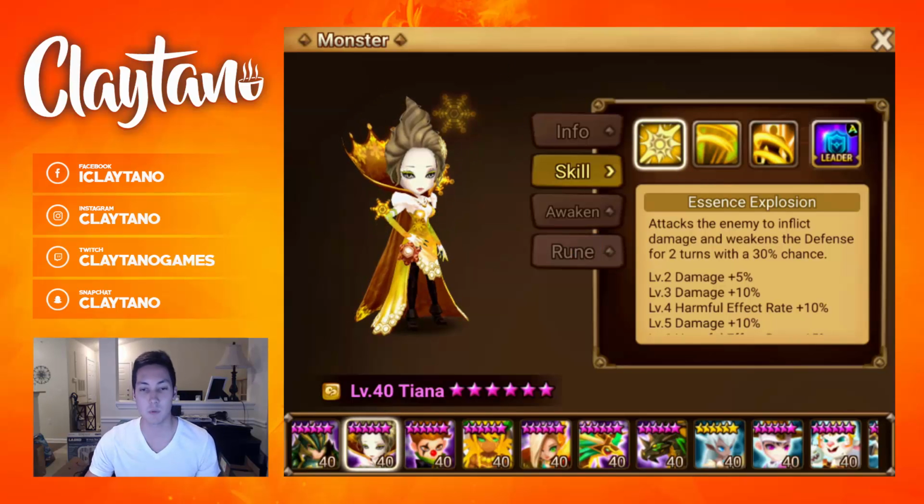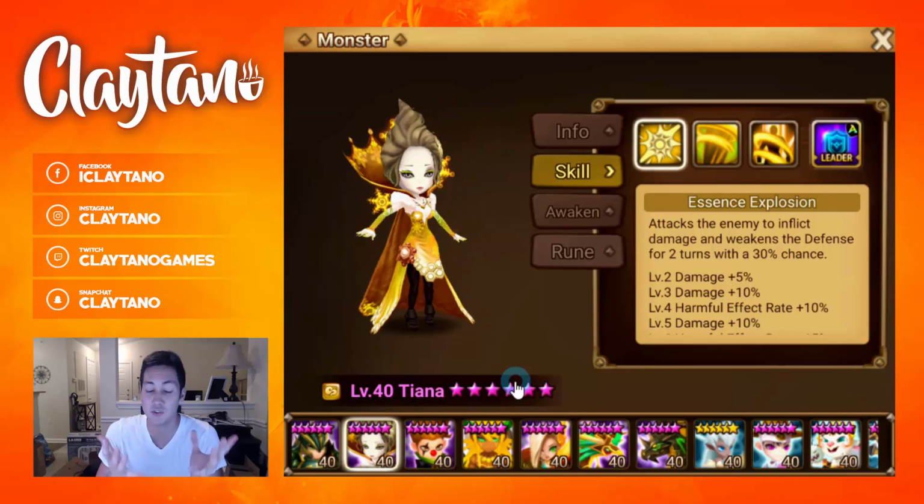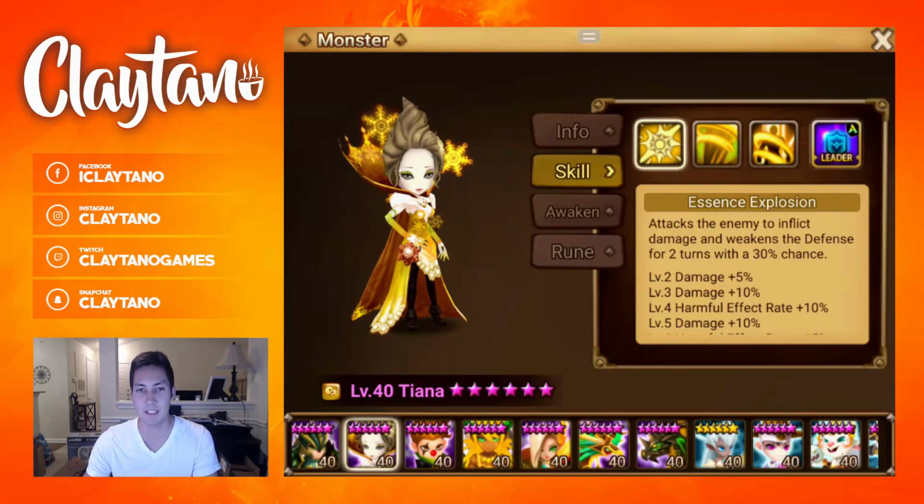Okay, we're not even talking about runes yet. We're just talking about strictly the skills of the monsters that are set up together. Okay. Now,